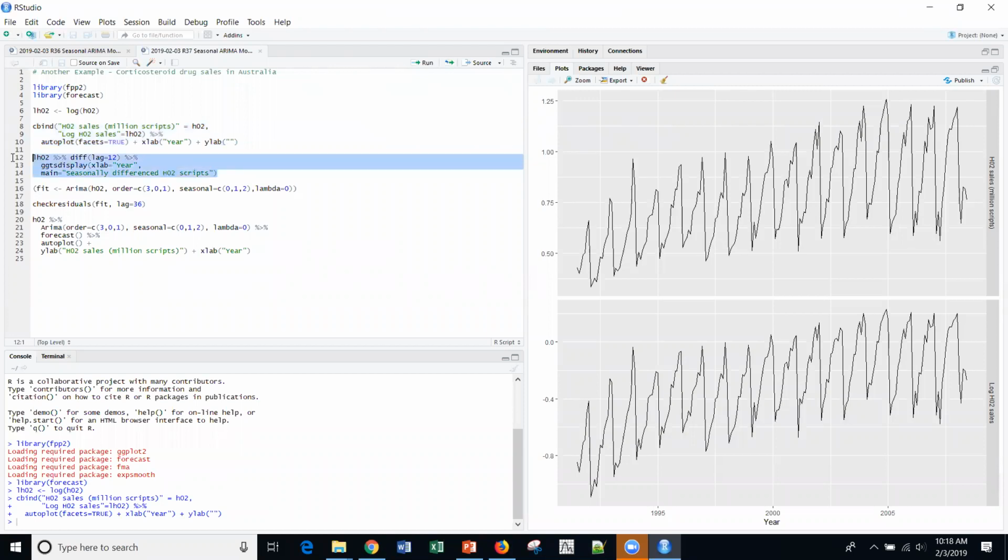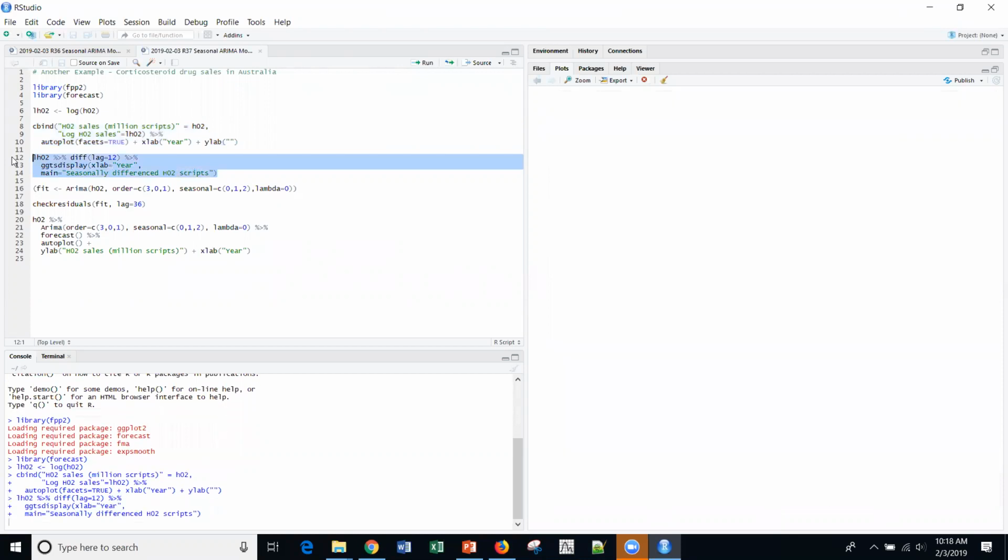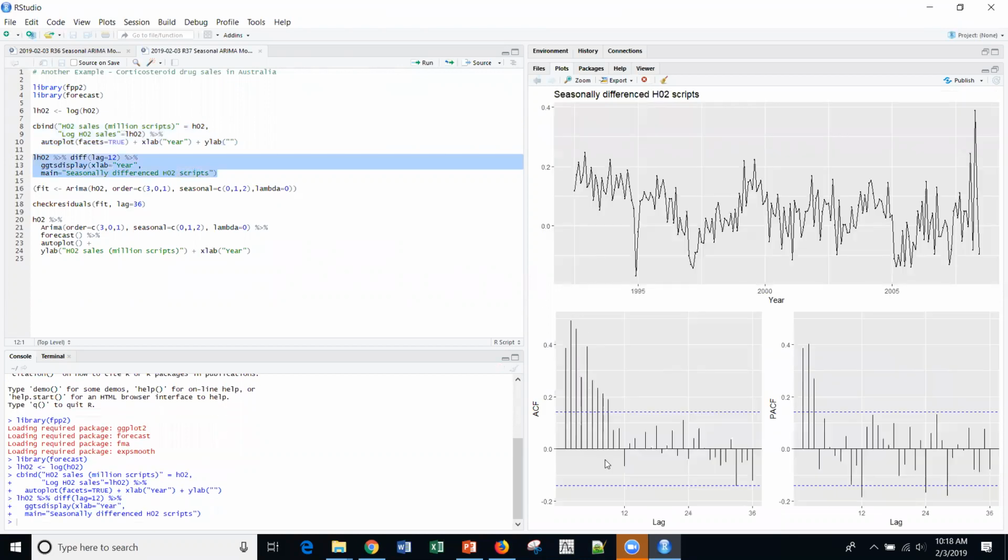So let's run that. And so what we get here is certainly not a smooth downward decay where it would be obvious that we need to do an AR1 or MA1 type differencing. So it's just not as obvious what we need to do. So in the plots of the seasonally differenced data here,